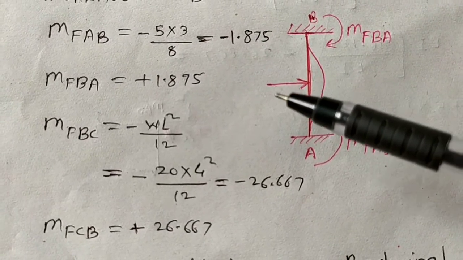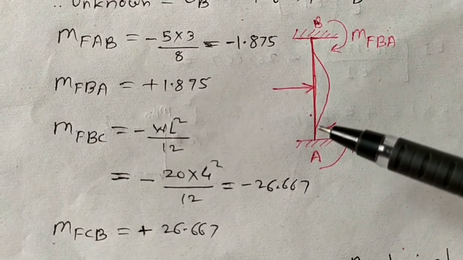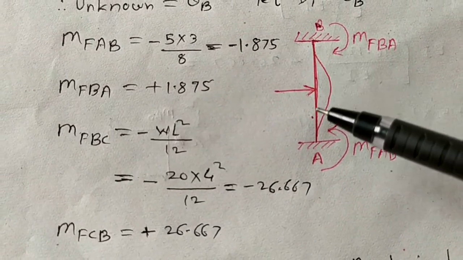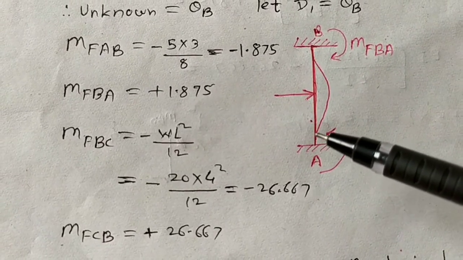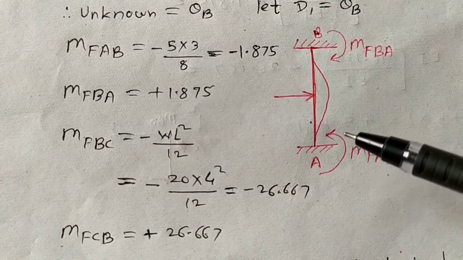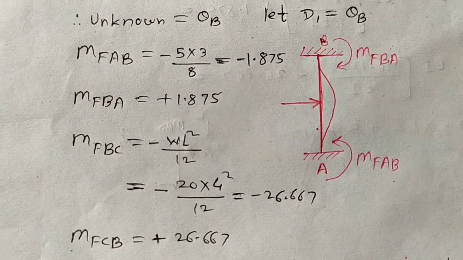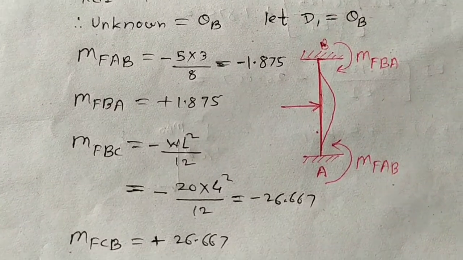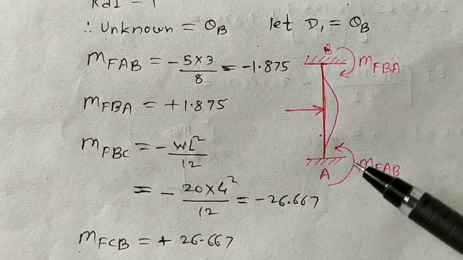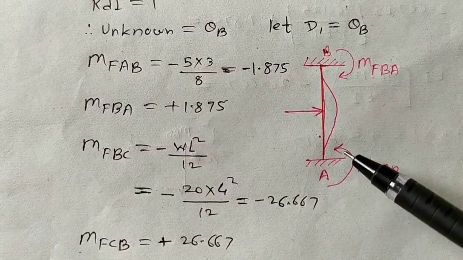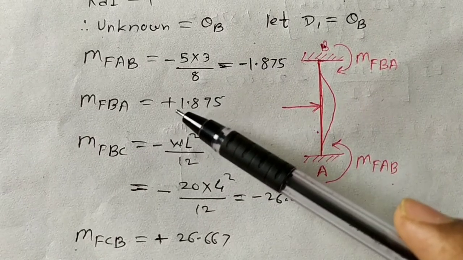careful, because when the load is applied on the column, we have to draw a deflected shape. This is the deflected shape I have drawn. To get this deflected shape, where I have drawn a straight line, I have to press over here. That's why I have to apply a clockwise moment here and an anti-clockwise moment here. So anti-clockwise we have taken as negative, and clockwise we have taken as positive.